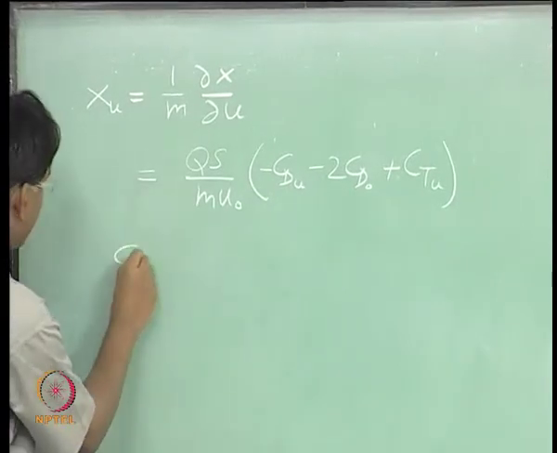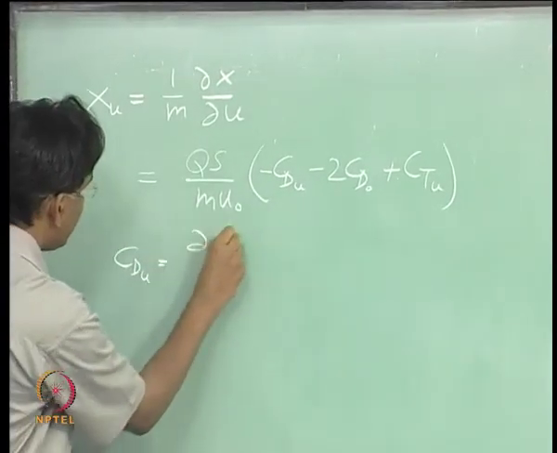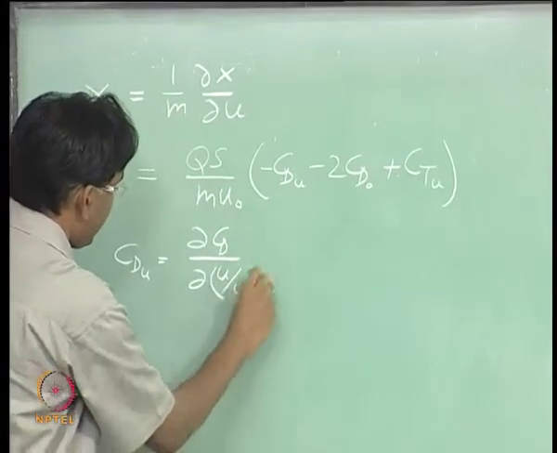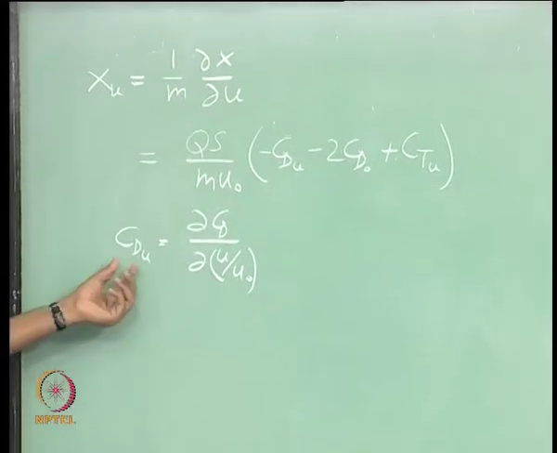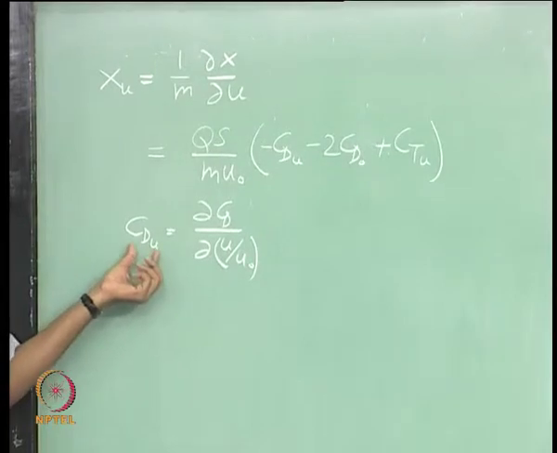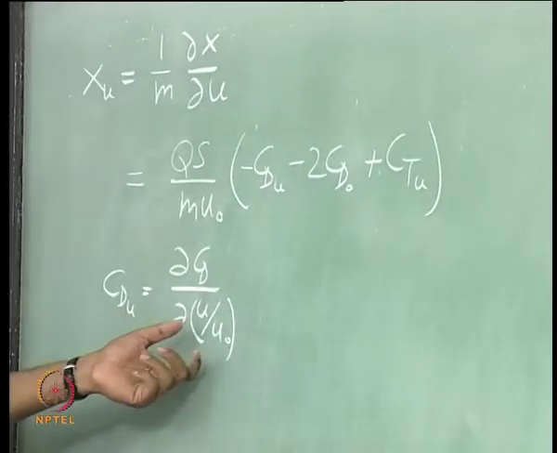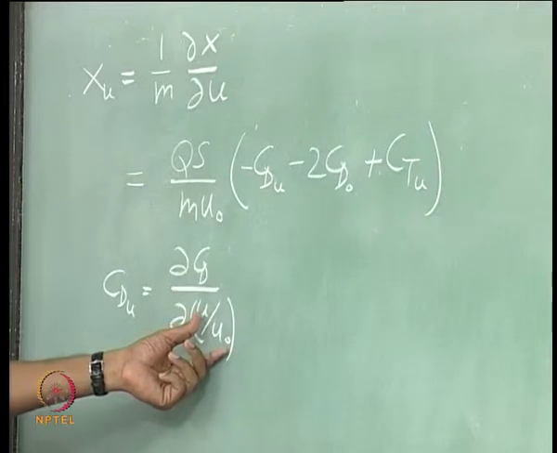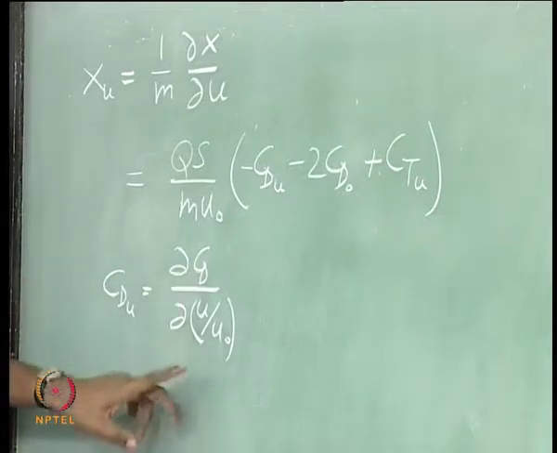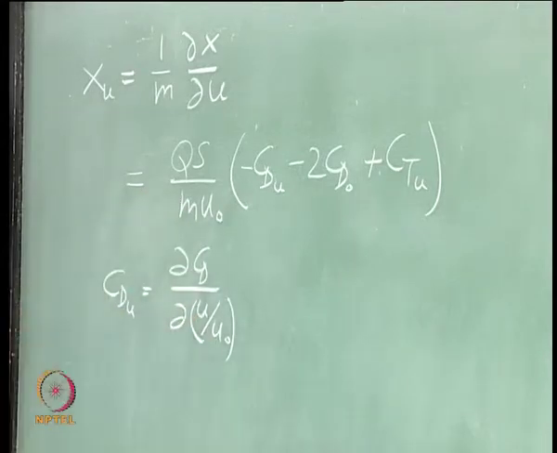Where CDu is, so I want to find out, no, this is a constant. So, I am non dimensionalizing this derivative with respect to u over u naught, right. CD has no dimension and this will also have no dimension. So, we can find this as a constant.